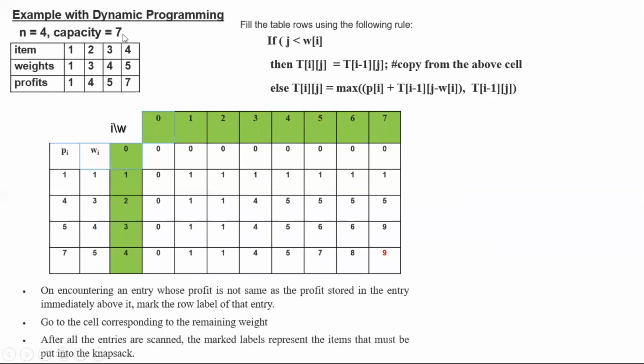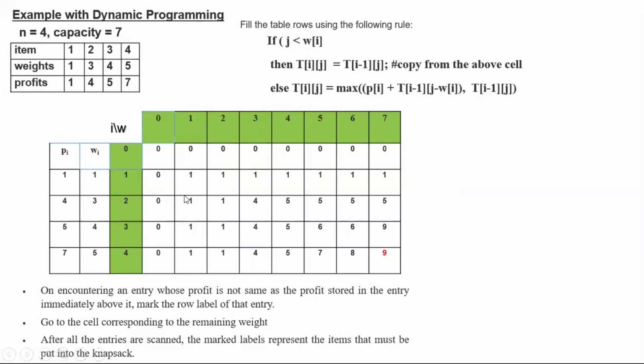Since the capacity W is 7, we have 8 columns for each weight. I wrote here outside the table the weight and the profit for each item, so it will be easier to follow. After filling the first row and the first column with zeros, we start